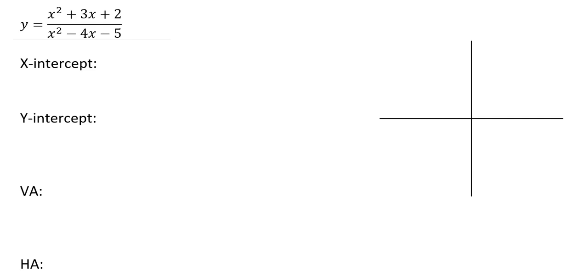So this one, if I wanted to sketch a graph of this, first I would do the things that I don't need to factor for. That's the horizontal asymptote and y-intercept. Horizontal asymptote, I think bottom eats DC. I compare the degree of the top and bottom. The degree of the numerator is 2, degree of the denominator is 2. This is an "eats DC" situation. Exponents are the same, so divide coefficients. My horizontal asymptote will be y equals, because it's a horizontal line, and I divide the leading coefficients. 1 divided by 1 is 1. My horizontal asymptote